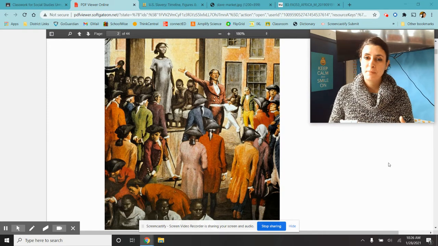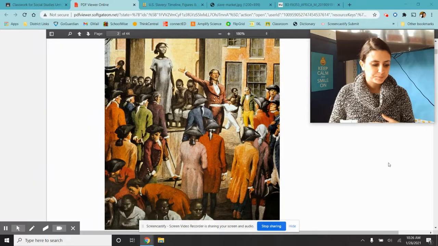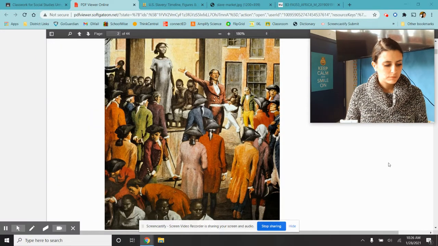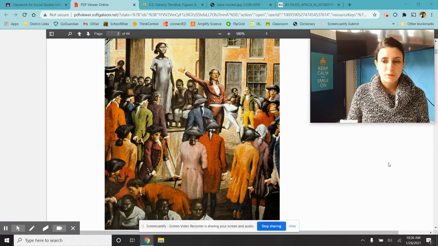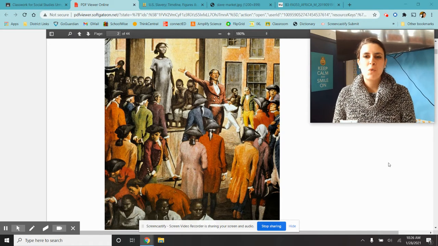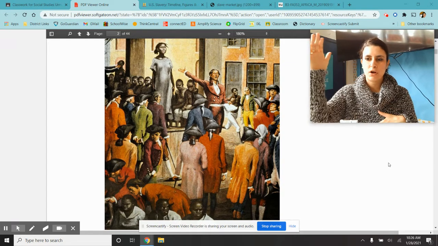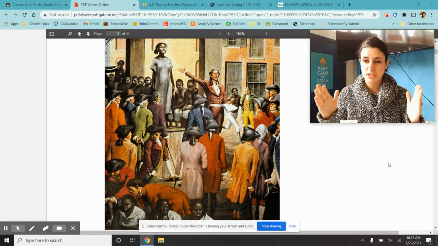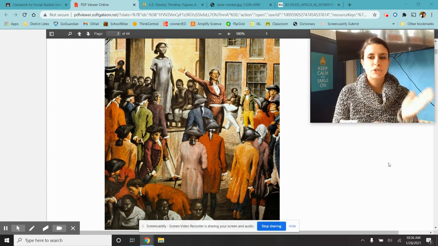So we have Jamestown, Plymouth, and... I was going to say Roanoke, but that's not right. So what we are going to actually do is, instead of focusing on how the rest of the colonies started and how we got to 13 of the main English colonies, we're going to skip to chapter 8, and